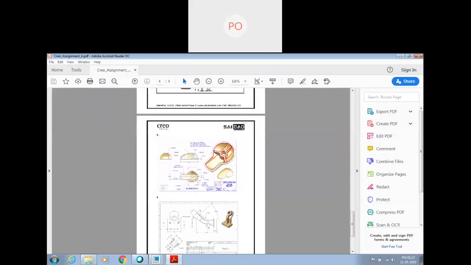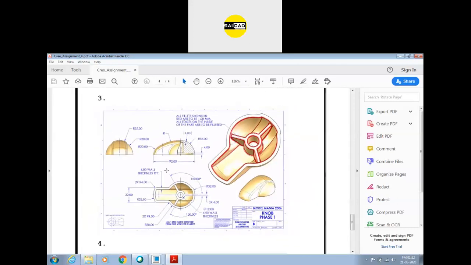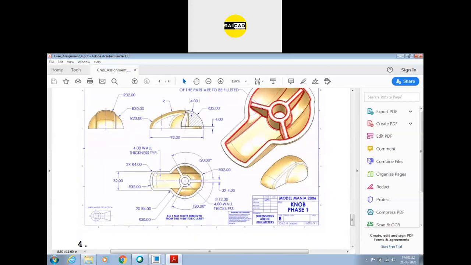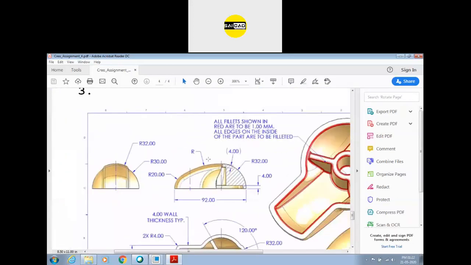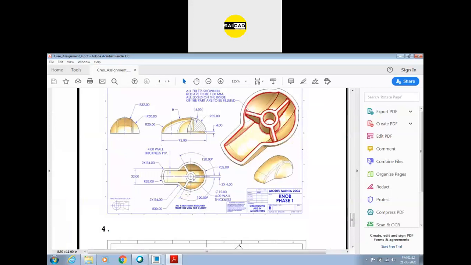Okay. It was in the assignment. I think I have excluded it. No problem. So this is a simple shape. We have to apply some. Okay. This was not supposed to be in the assignment. Okay. No problem. So we have this shape here. This shape required the shell command and some ribs. So leave it. I will cover some commands today, and after that you will be able to create this shape.